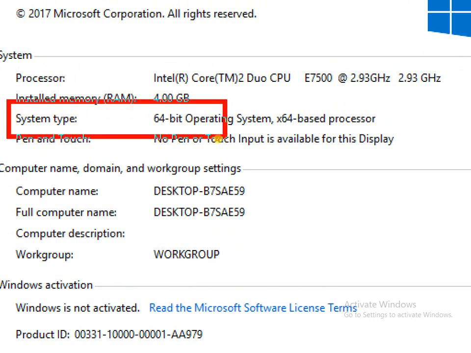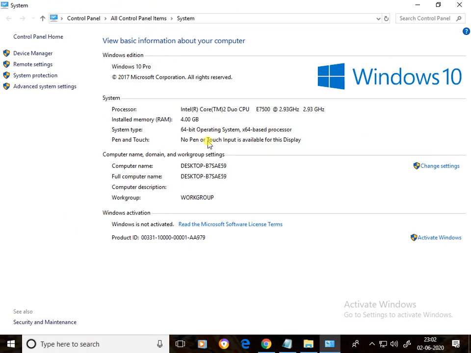It is a 64-bit operating system. Then you have to download JDK for 64-bit operating system. For 64-bit, JDK 14, JDK 11 and JDK 8 are all available. If your operating system is 32-bit, you can download JDK 8 only.